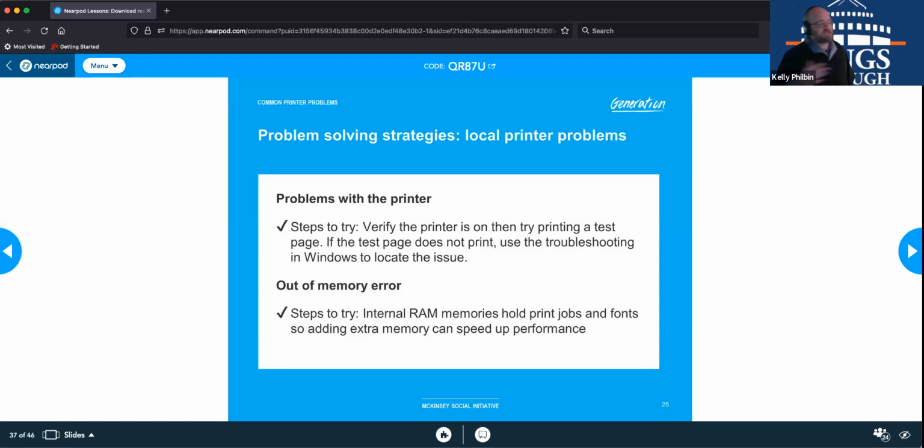Larger printers have internal RAM built into them. Sometimes if too many jobs go into it at one time, it can overrun the RAM and drastically slow down the performance of the printer. So in some of these larger printers, you can add additional RAM, much like a computer, give you a lot more flexibility and functionality. If you're in graphics design,